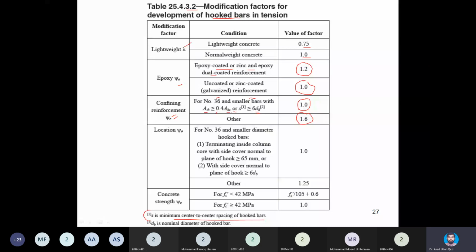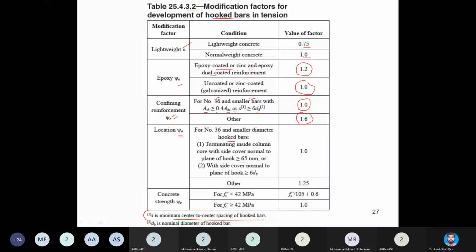So let me move to the next factors, and then I will come back to this confinement term to explain ATH and AHS. Then comes the other factor. It is again a location factor, psi O, subscript O. For number 36 and smaller diameter hooked bars, one terminating inside a column core with side cover normal to the plane of hook at least equal to 2.5 inch,